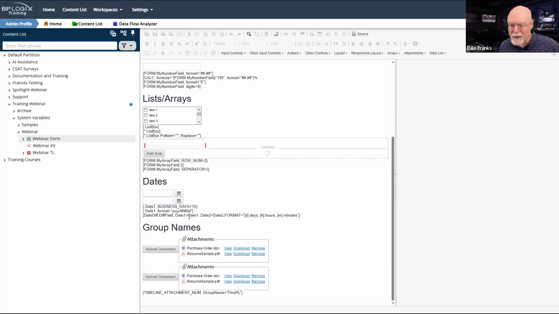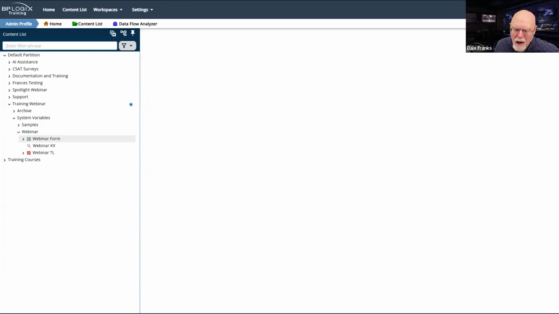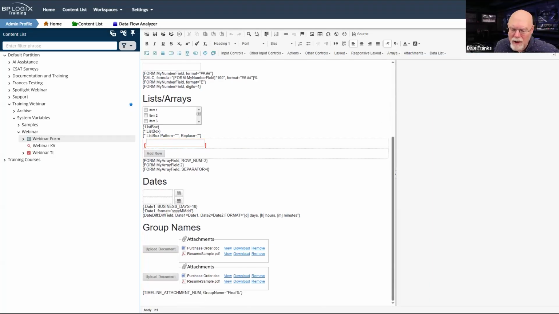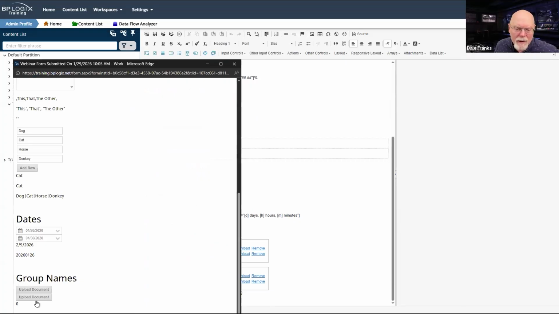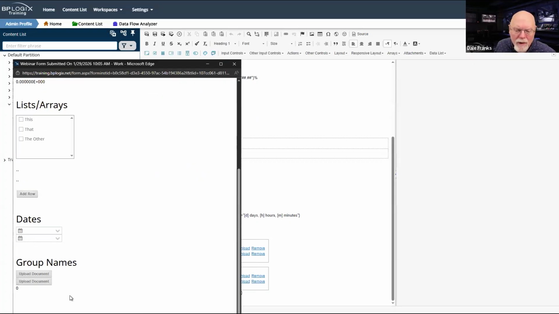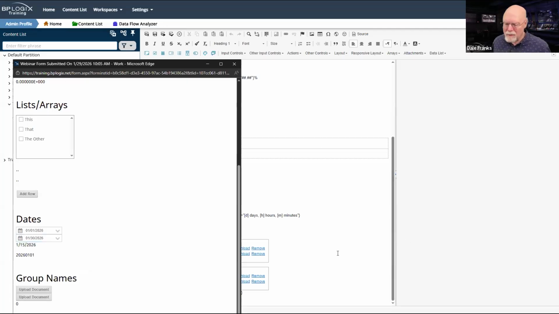So let's save that again. Although I didn't see an error, so it may not be the field name that is wrong with that. I may have other syntax wrong. Let me refresh that because I do want that date diff. And I am not getting my date diff.